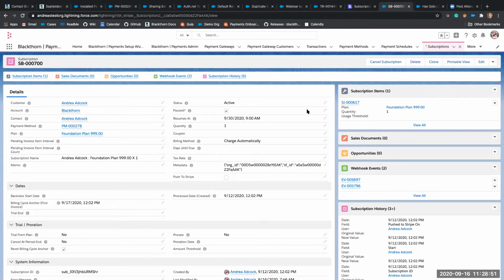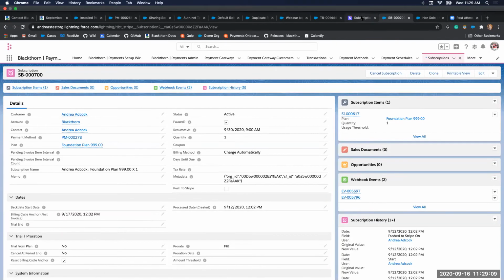Of course, right now, these 2 fields are not actionable from Salesforce, so you cannot come to a record that's not paused and set this to pause and set a date for it to be resumed. These are not actionable from Salesforce. But if you make a change to a subscription,